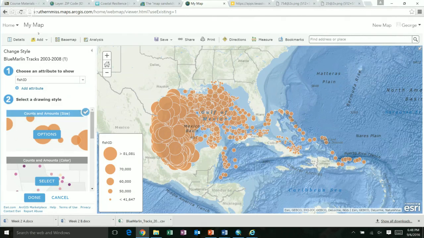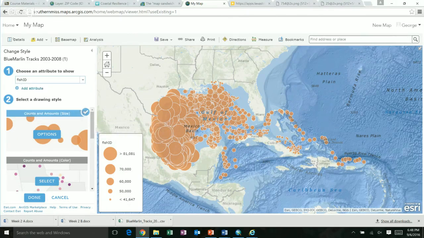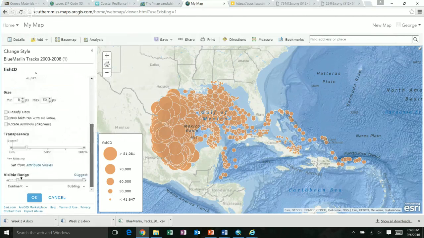down here. So what I want you to do when I say make an interesting map is to choose something that might be more interesting, and then choose a symbology that would also be more interesting. So if I wanted to keep it with fish ID, one of the things I could do is change the options so that instead of,